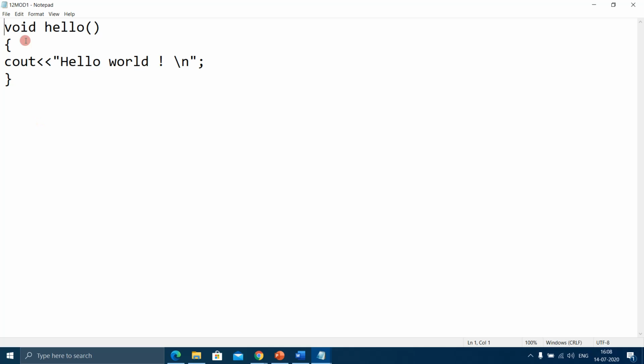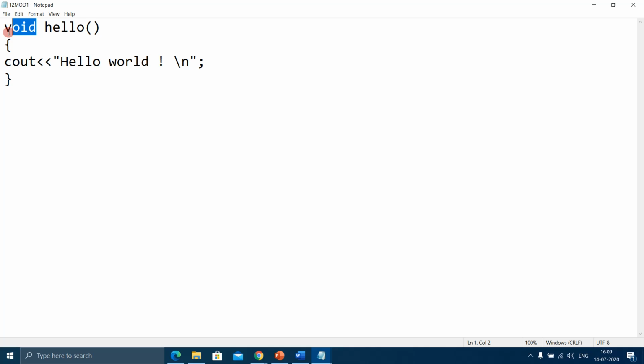Here I have created a function, simple. I have not used hash include iostream, nothing. Though we can use it, here I have not. If you don't use it, it's also fine, because I only have to access the hello function. So the hello function is here, and the data type is void because this function is not going to return anything.